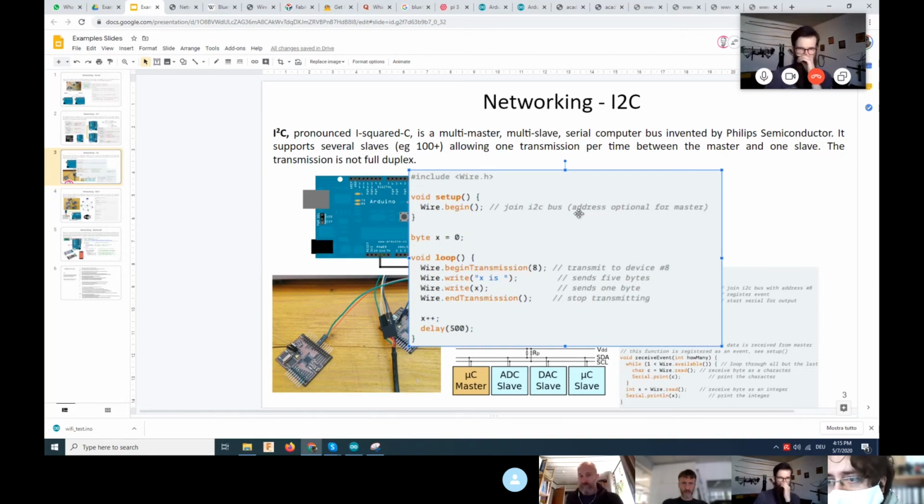You just need to write a number, and this number must correspond to the slave that you want to write to. And then you use write, which just prints the bytes that you would like to send. So this string, for example, is made of 5 characters, 5 bytes, and then just a byte, which is a number over here. And then at the end, you do end transmission. So this code is rather simple